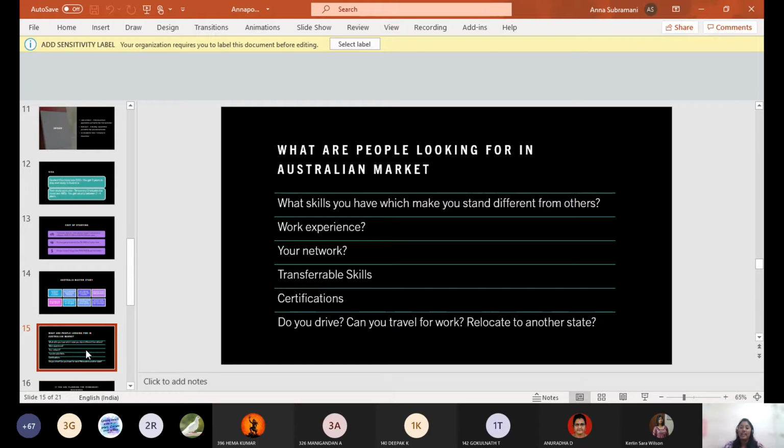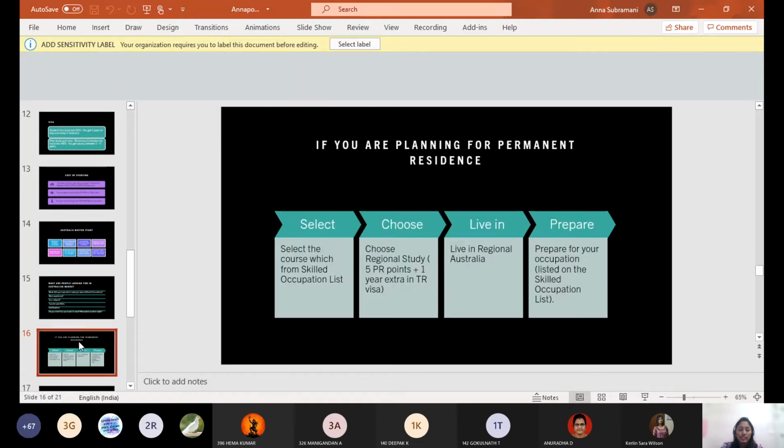And here, having a driving license is the most important thing. Are you able to drive a car? People really don't have a driving license here, and I've been rejected for many jobs since I didn't have my driving license when I applied. So people just see the flexibility in you when they hire you, and what makes you different from others. They may receive 3,000 to 5,000 applications for just 5 to 6 jobs, but they just find out how you are different from the other people. So that's the thing they look for.